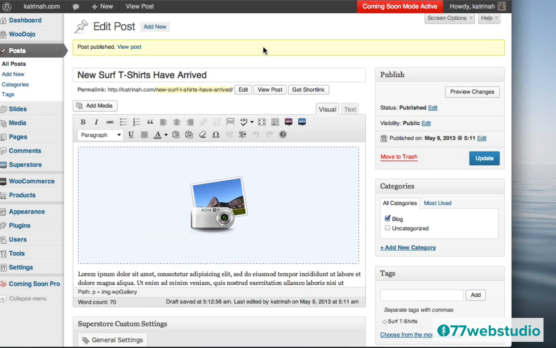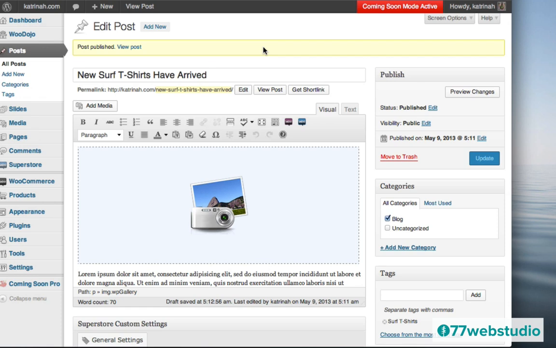So now the post has been published, however, the gallery is not quite set up the way I'd like to have it set up. So for example, if you just check out the post right now, the gallery is just going to let one image go to its own image page. And what I would like to have is the gallery displayed in a lightbox so that when you click on the images, you stay on the blog post.